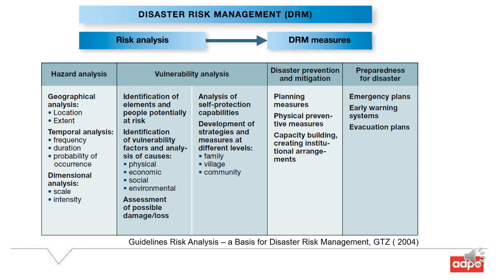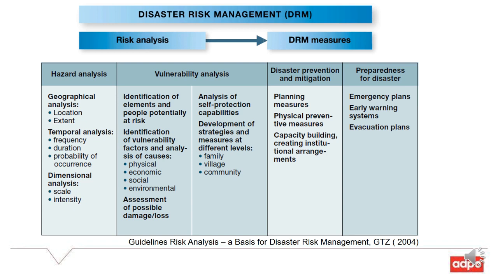In disaster risk management, the risk analysis can result in DRM measures, disaster risk management measures. Like in the risk analysis, hazard analysis outputs like geographical analysis will show the location and extent, temporal analysis will show frequency, duration, and probability of occurrence. Dimensional analysis will show scale and intensity, whereas in the vulnerability analysis, the identification of elements and people potentially at risk will be shown, with the identification of vulnerability factors and analysis of causes of physical, economical, social, and environmental